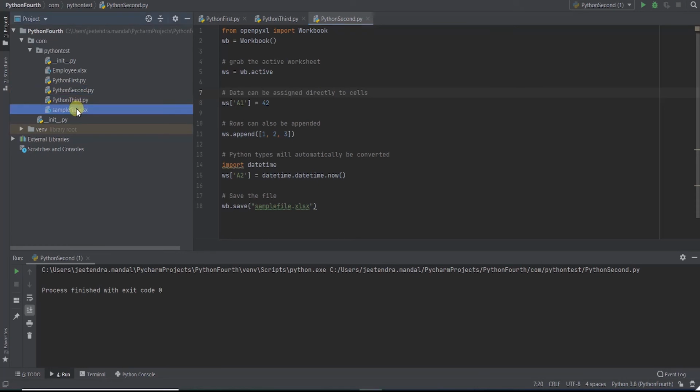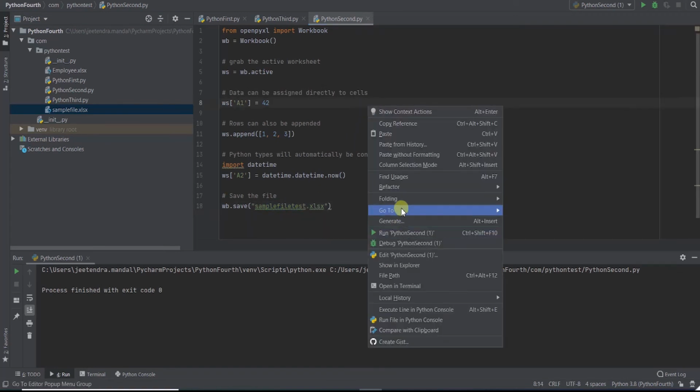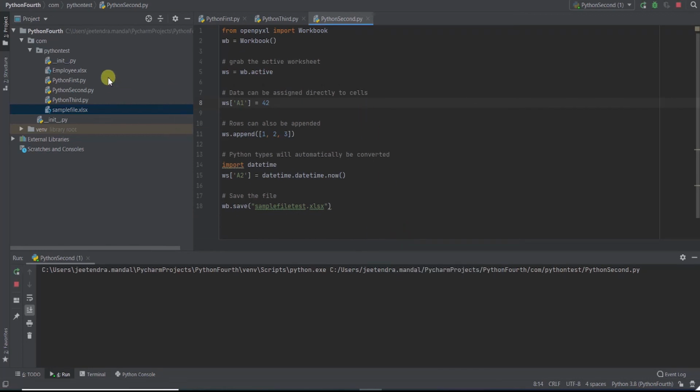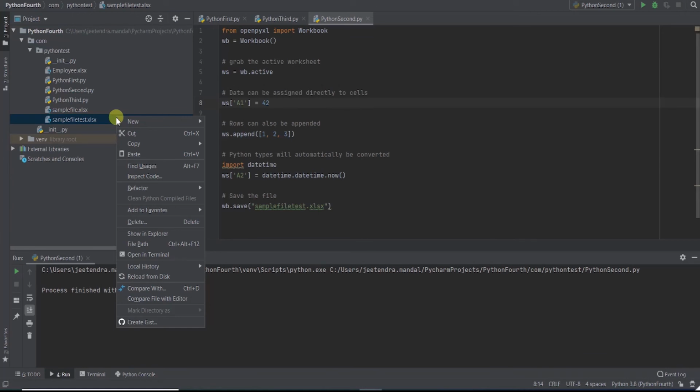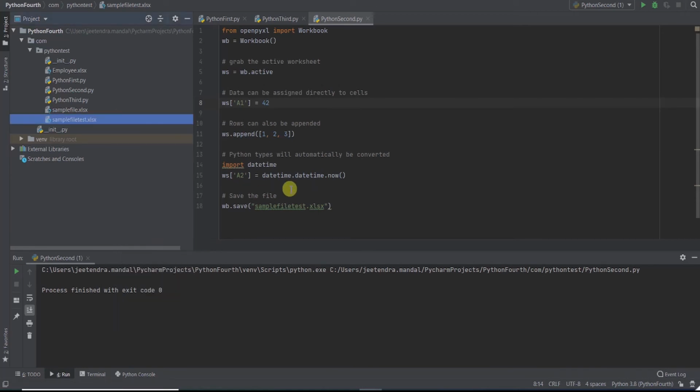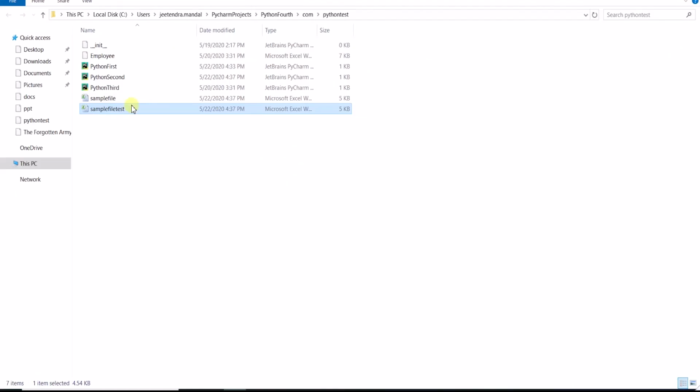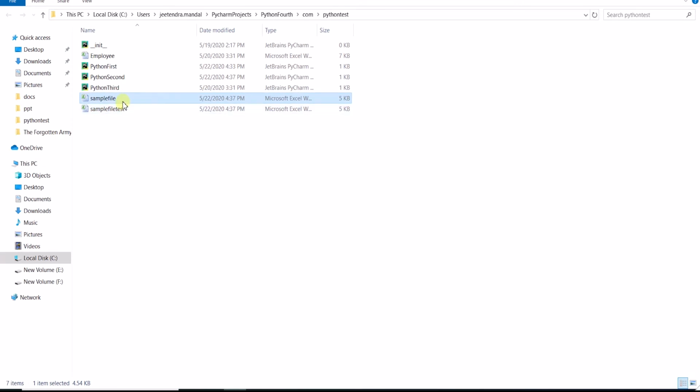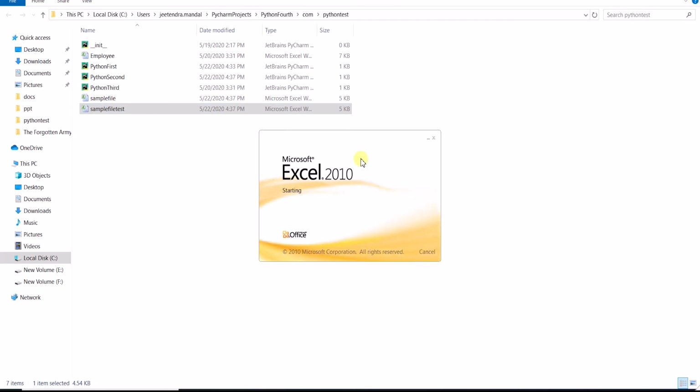Now see, the sample XLS file gets created here with this name. If we give a new name and run it, you can see the new sample file 2 gets created here. There are two test files created. I'll open one and we'll see.